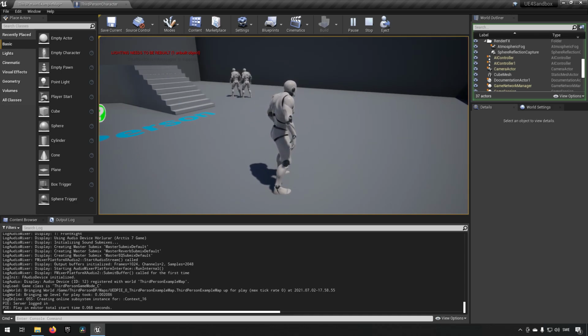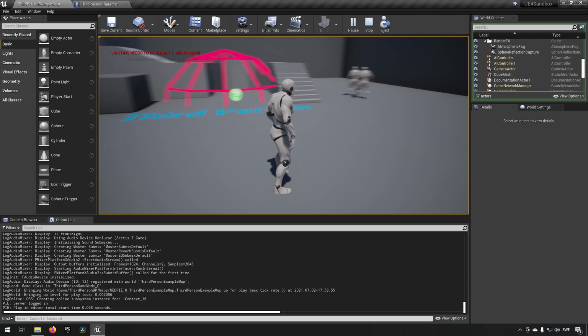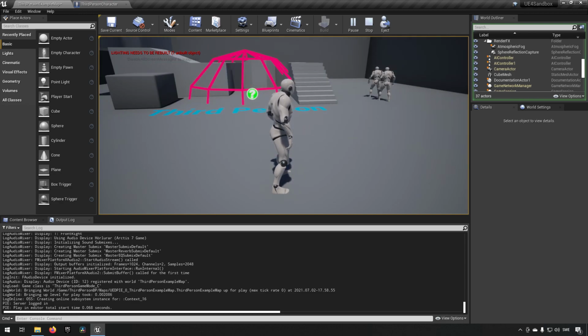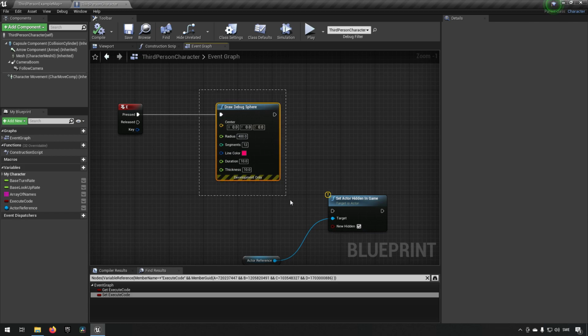You can see that if you were calculating some kind of location, maybe a place to put a spell or something of that nature, and you don't see the spell actually going off where you expect it to be going off, then you can draw the debug sphere just to show you the position that you actually calculated, and send that in as the center for the debug sphere and see if there's a mismatch between the actual location you calculated and what you had intended to calculate, for example. So that's where debug objects generally are useful to visualize